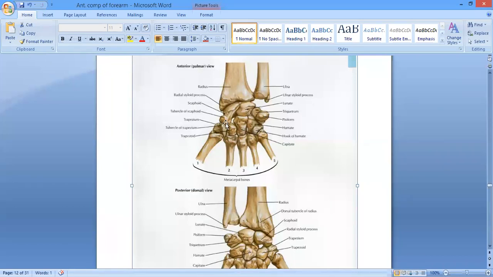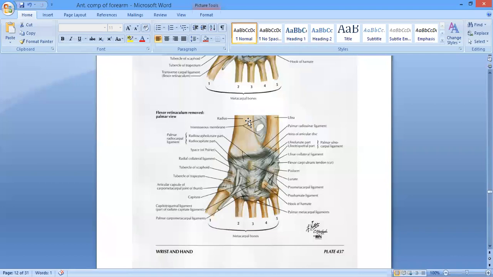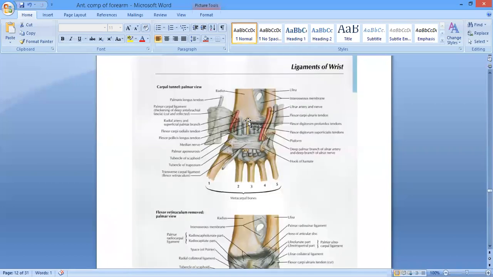And so this concave surface and the attachment of the flexor retinaculum convert this space into a tunnel, right? Through this tunnel, these structures are passing: the tendons of the flexor region and the median nerve. This tunnel is called the carpal tunnel because it is formed by the concavity of the carpal bones and bridged by the flexor retinaculum, right? So this is called the carpal tunnel. And the purpose of this carpal tunnel is that it just allows a passage, okay?